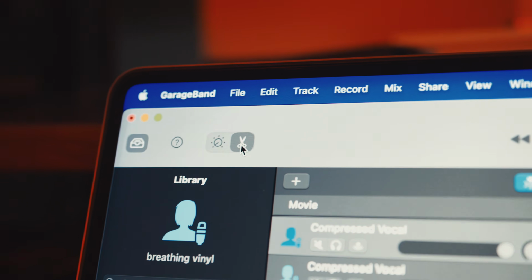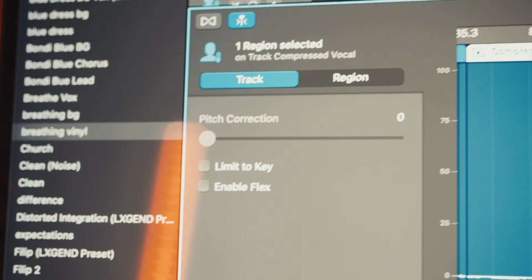Another pro is that, again, it's very simple and easy to use. It's literally just one bar that you slide up or down, determining how strong or how weak that pitch correction is going to be in your song, or I should say for that particular vocal. And this is why I believe that GarageBand's pitch correction can be so underrated, because a lot of people think that the simpler something is, the weaker it is, or the less powerful it is to use in a